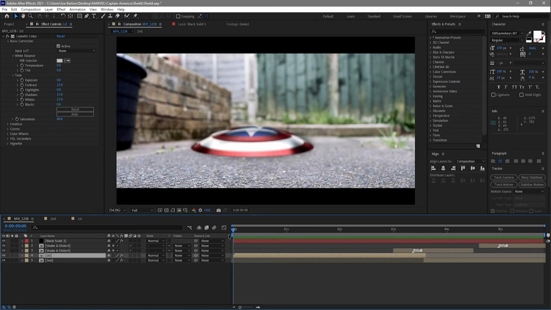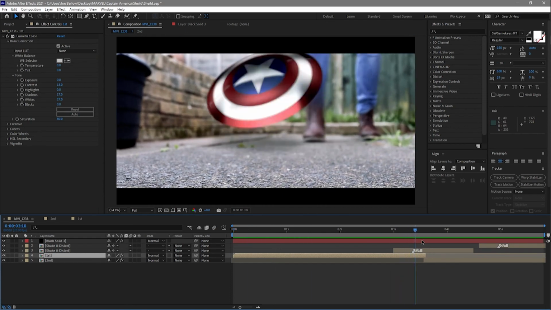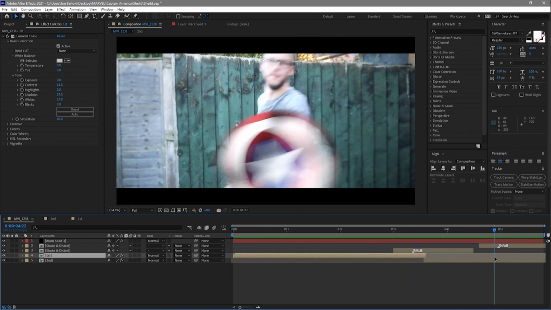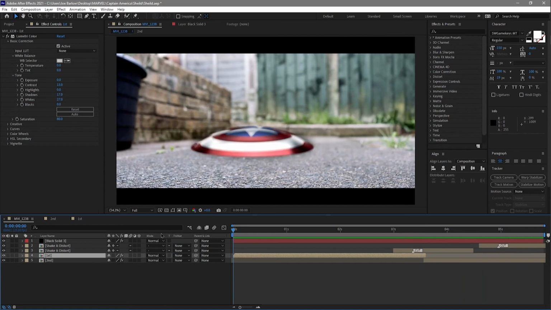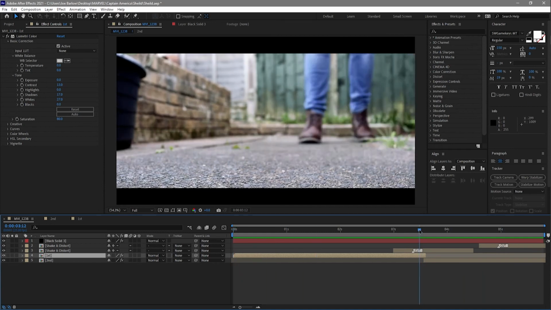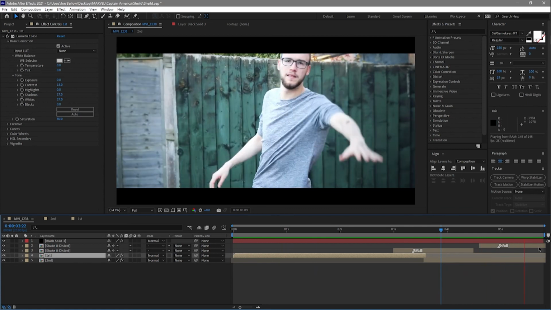Of course, when the shots were complete, I added a few final touches. These include a bit of camera shake when I stamp and when the shield passes the camera, as well as a bit of color correction here. And a little bit of depth blur on this shot here. I've got rid of some of the background and made me more in focus, and that gives us our entire shot.